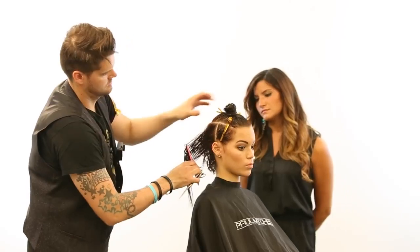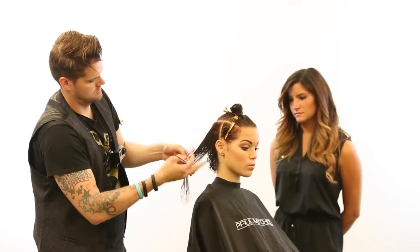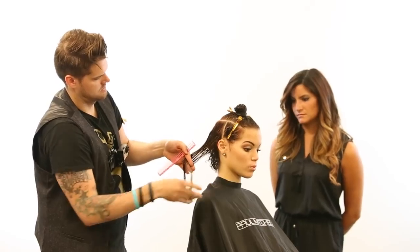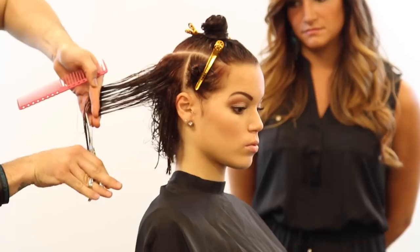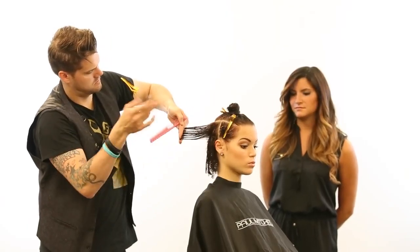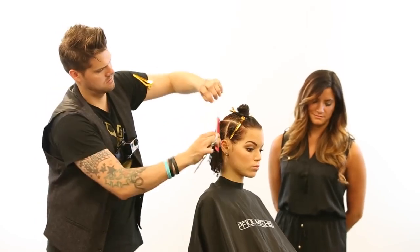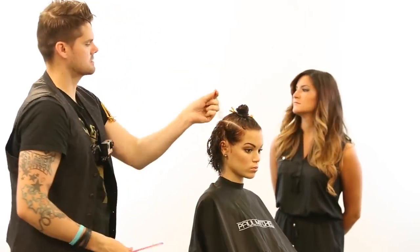In the last section, making sure I'm just straight back, straight off the head. I don't want to cut off that corner. I want to create that and push that weight forward. And that's what really makes this haircut stand out, especially on curly hair. I mean, we just filmed a straight hair version of this type of haircut, a little more asymmetrical feel to it. But with this one,